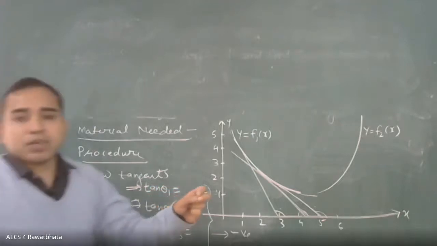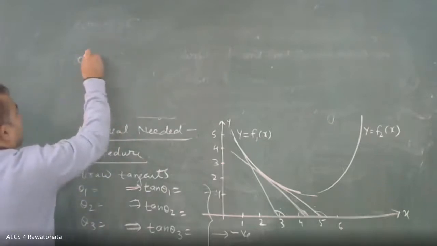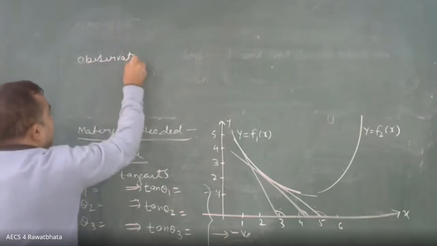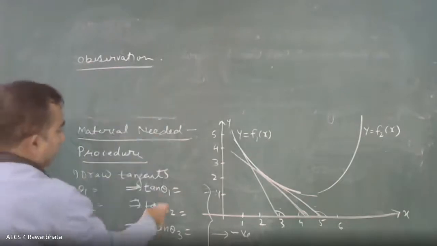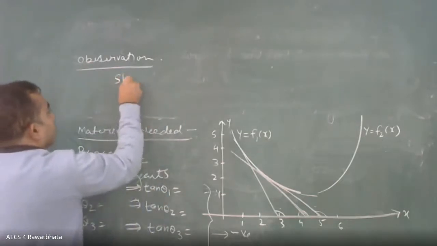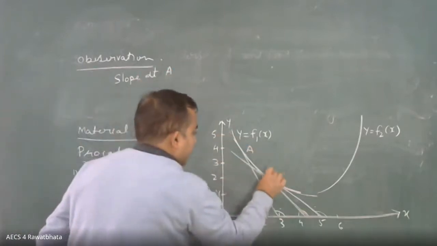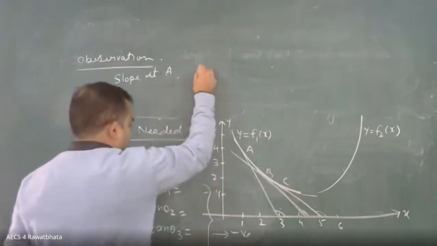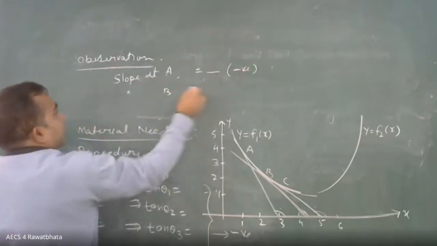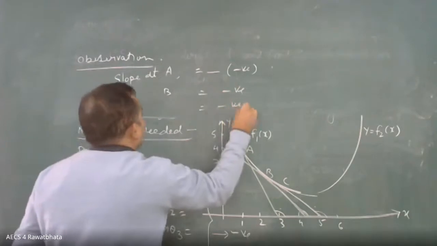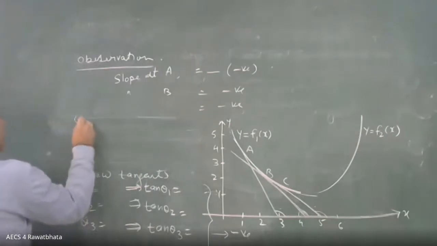It represents the slope, that is f dash x. So in the observation, and similarly in the procedure, you can write this in the observation or anywhere. In the observation, slope at, you can give some names, this is a, this is b, this is c. Slope at a is negative, then slope at b is also negative. So in the result this will be established if you write the conclusion,